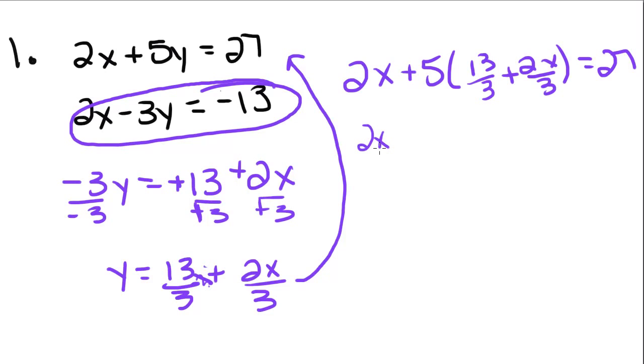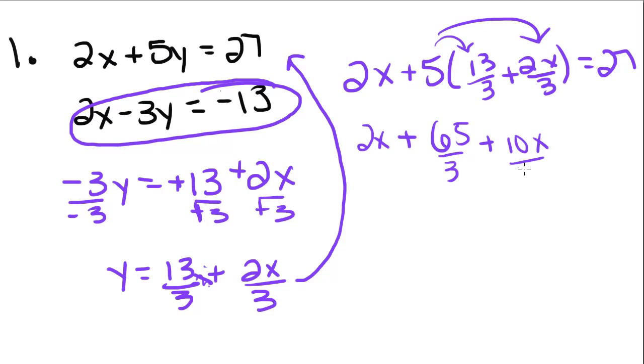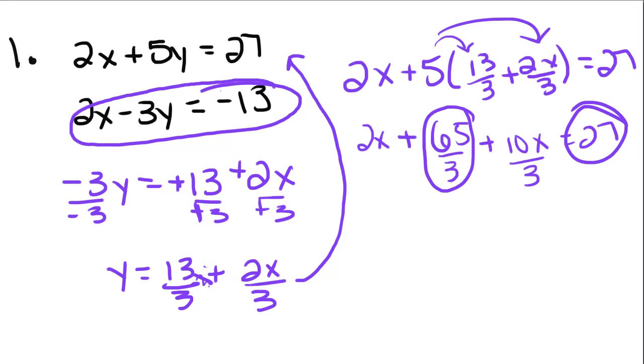So I'm gonna distribute this 5, and if I multiply 13 times 5, I'm gonna get 65 over 3 plus 5 times 2 is 10x divided by 3 equals 27. So I'm going to collect like terms, which means that I'm going to add this to this and this to this,